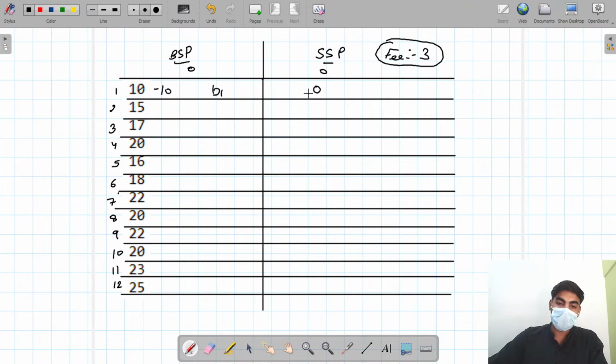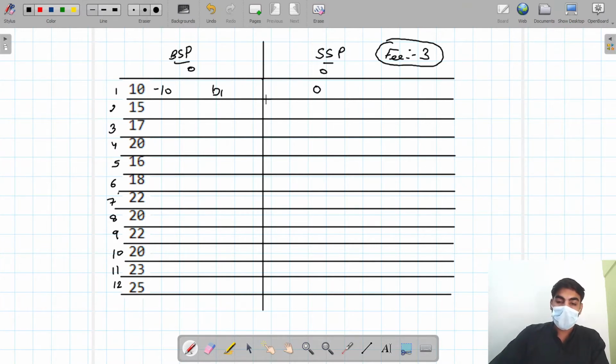Here is 0. Now come to that point and see here very carefully. This is very interesting and not much difficult, but a little bit of understanding is needed here. If we buy today, there are two options. We have one extra stock in this buying state profit. So we can buy a new stock here, or we can take the previous one as it is.